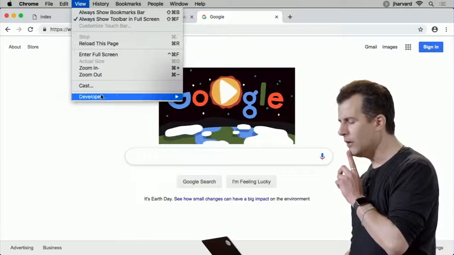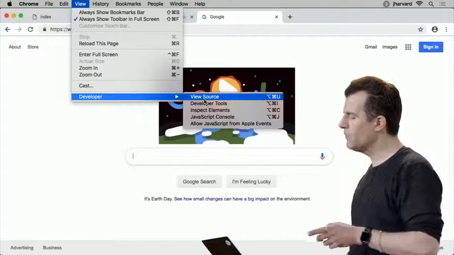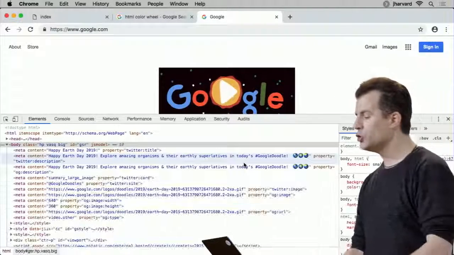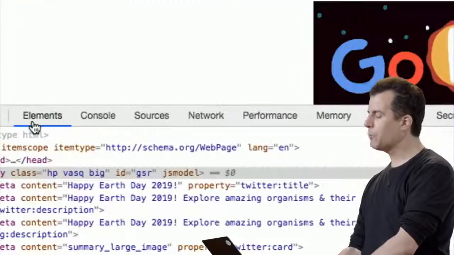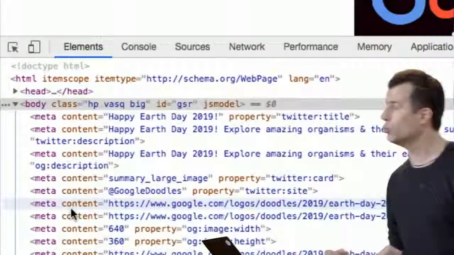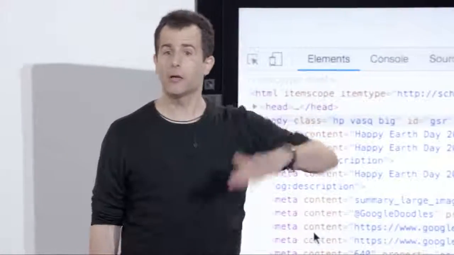Let me approach this from a different angle. Let me go to View, Developer, and not View Source, but Developer Tools. Because one of the nice things about modern browsers is that they allow you to do this. There's typically a tab called Elements or something like it. And what this tool within Google Chrome does is it actually reads that HTML, top to bottom, left to right,